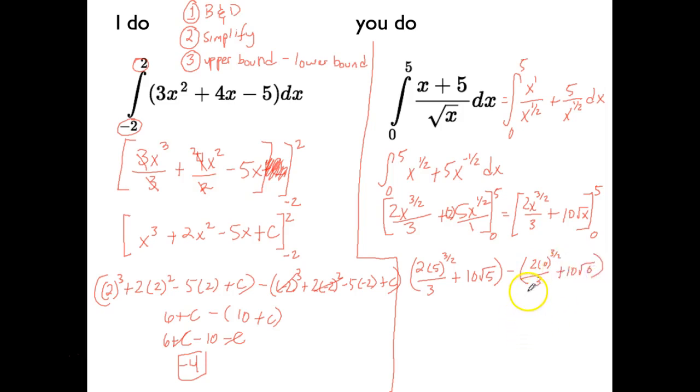Now, this is nice when you plug in a 0. That makes this term 0 and this term 0, which makes this whole thing 0. And when you subtract 0, it doesn't change anything. So I can ignore this entire right-hand portion of the problem, and I just need to deal with this,